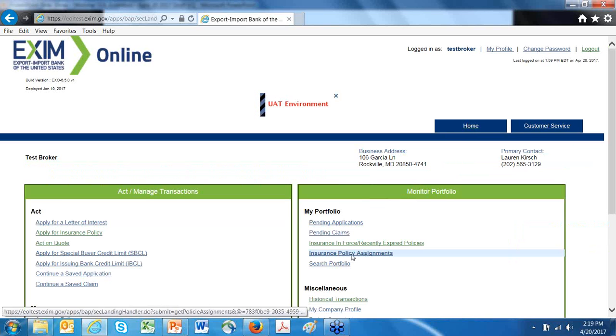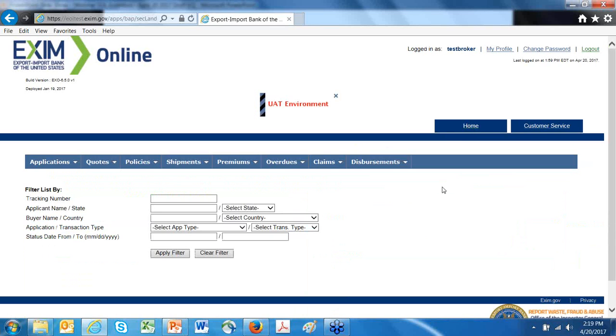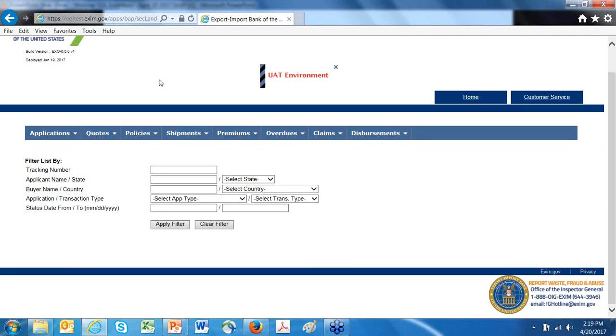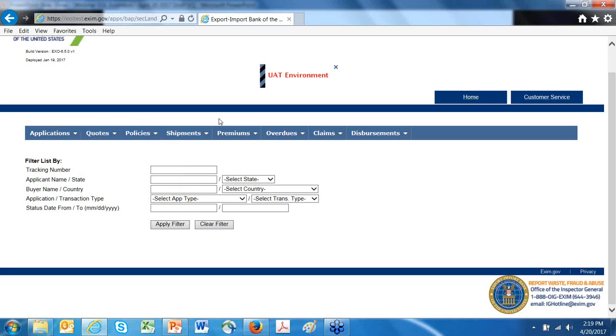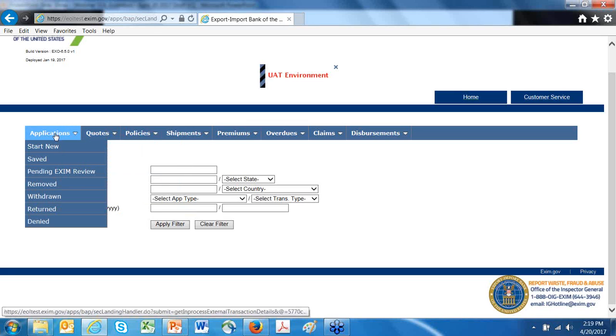So let me finish with the search portfolio, which I think is a very useful aspect of Exim Online. And here you'll see that we've got the capability to search all of your policies across a number of different general categories, whether it's applications, quotes, policies, shipments, premiums, overdues, claims. Let's click on some of these to see the options available. So under applications here, you could start a new application, you can withdraw one, you can look at the saved applications,